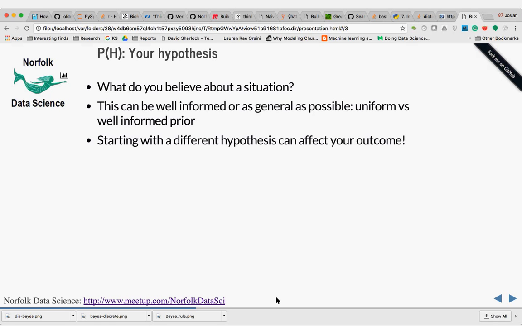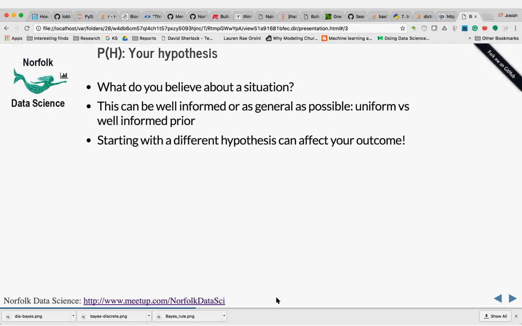And one of the things that he highlights in that for coming up with your hypothesis is, I could do research on, in my region, what's the largest train manufacturer, what's the smallest, and that would be a more well-informed prior, saying, can I look at the data that's available and come up with a hypothesis that's reasonable for the domain, versus can I just start with something that allows everything to be